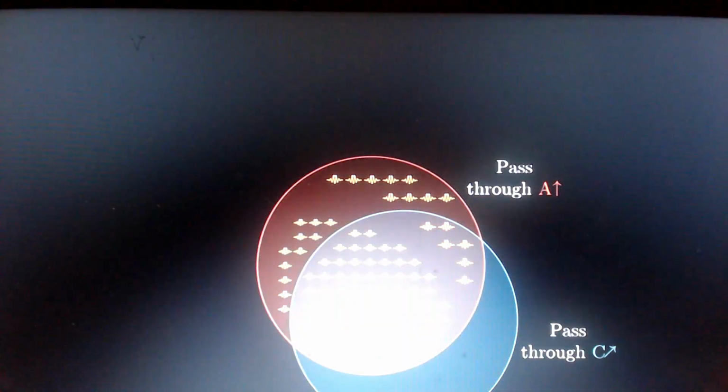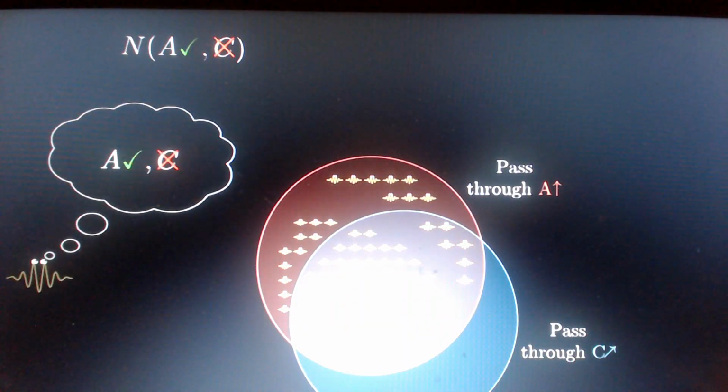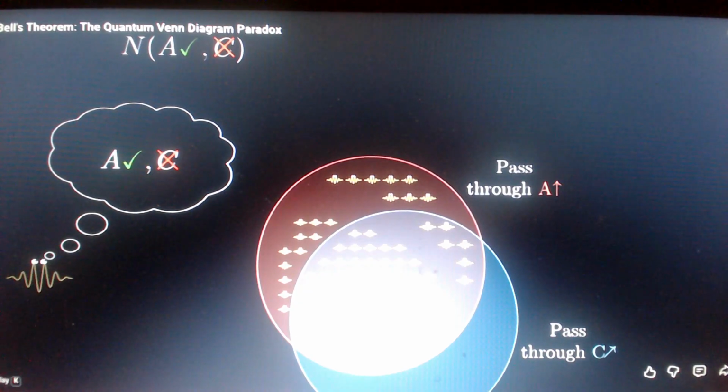What does it mean if one of these photons has some hidden variable determining that it should pass A but get blocked at C? I don't know, every time he says it, it's almost like he knows. I mean, I know he's just a stupid moron, but it's almost like he knows, and he's just spitting in our face. Because every time he says some kind of hidden variable, it's not hidden, okay? It's worldwide known. The B field oscillates. If it oscillates, you're inducing into the filter. You're going to have two B fields, idiot.